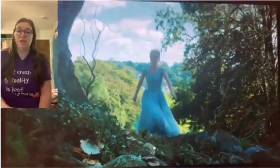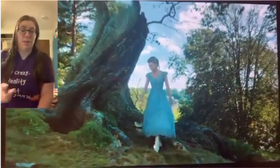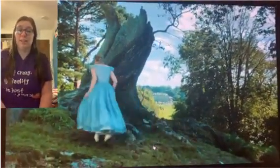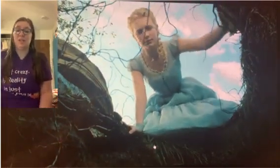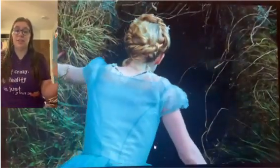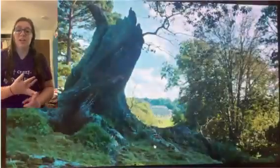So Alice's first dress is a blue ankle-length dress that also, along the hemline, has rabbits that foreshadow her falling down into the hole. When she falls down into the hole, you can see the several different layers that go into her dress, including stockings